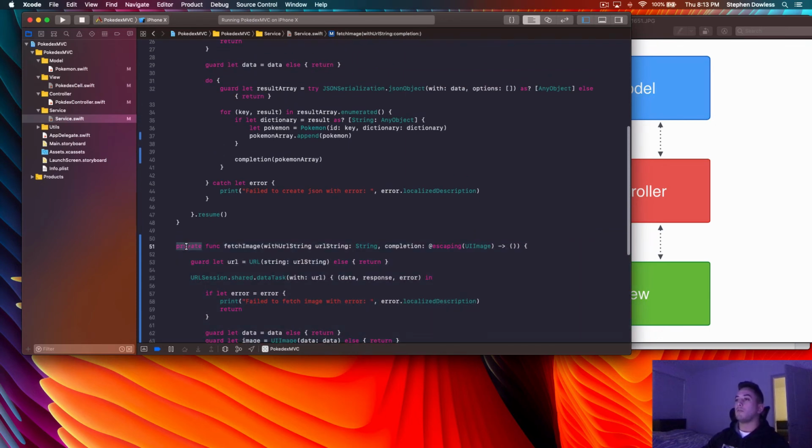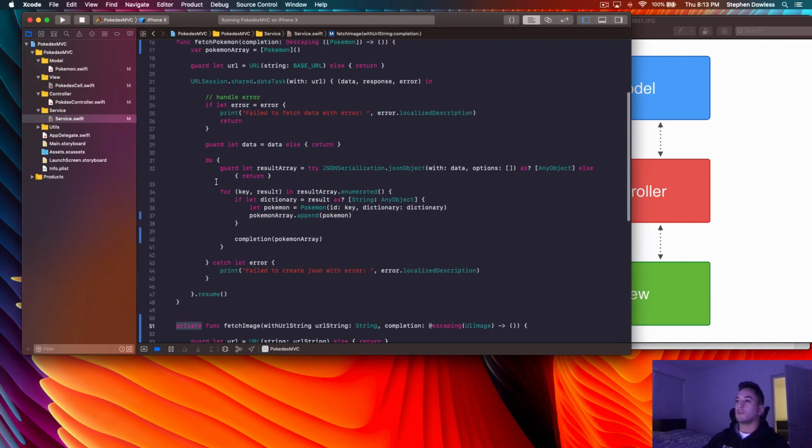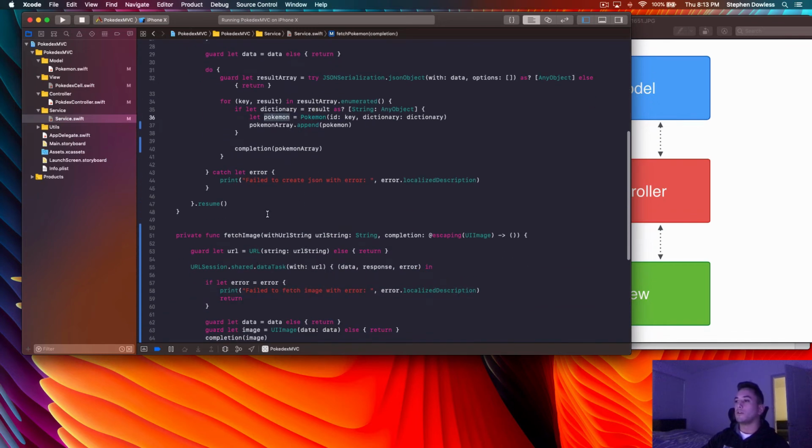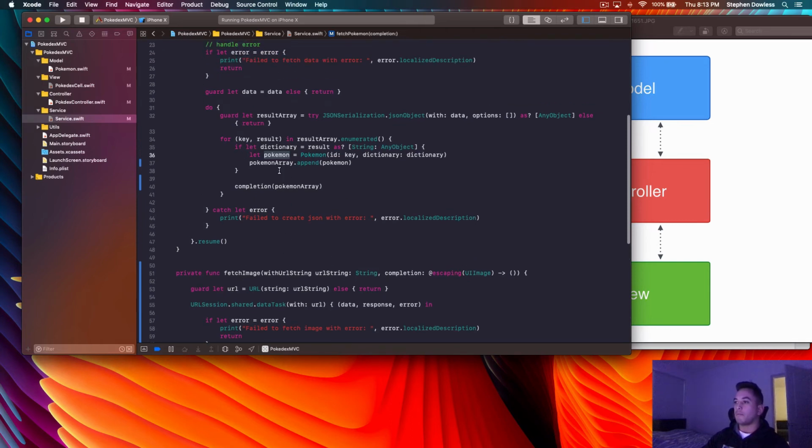We make it private because we only want it accessible through this class, which we're going to see where we call this function here. So let's go inside of this for loop. Essentially, we're going to access our Pokemon image URL, which is a property associated with our Pokemon, call this function within that for loop for each one, and then set our Pokemon's image. And then we're going to go forward from there.